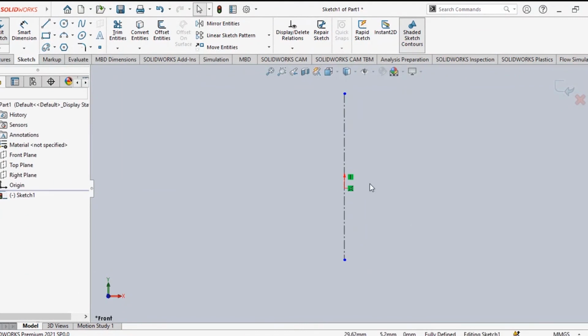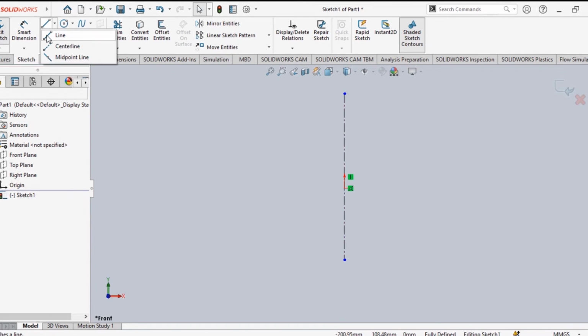It will escape from the keyboard. So this is the central line. That means if the left hand side and right hand side are the same thing, you can make one line, make one drawing, and on the right hand side you make a mirror. This is the central line.